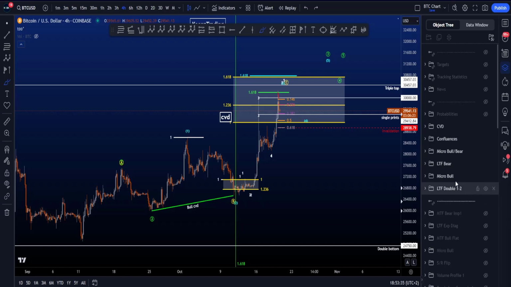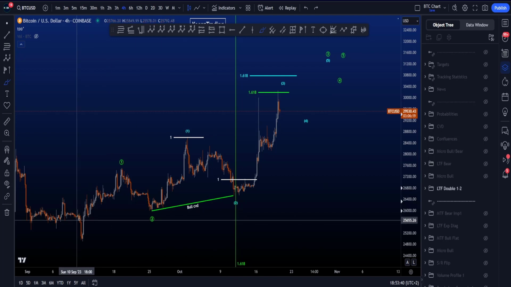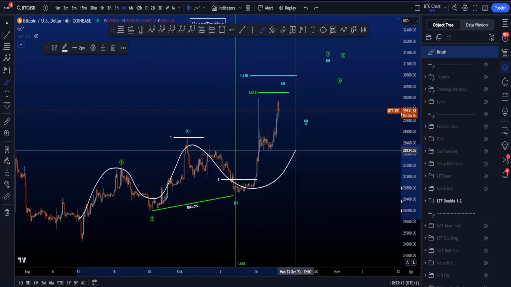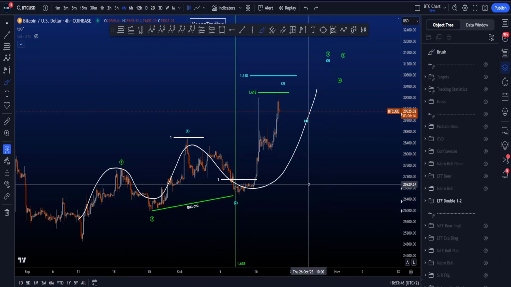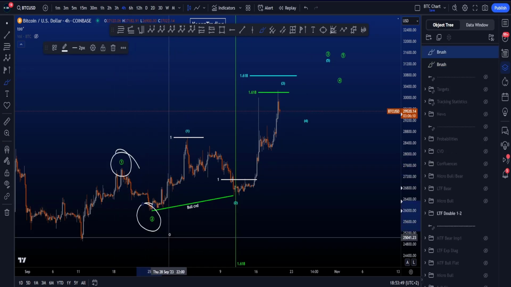Hi everyone, let's go over my bullish and bearish Elliott Wave scenarios on Bitcoin. Starting with the low time frame bullish scenario where we're looking for a double 1-2 for much higher prices to come. In this particular scenario, what is interesting is that in green we have the higher degree count and in